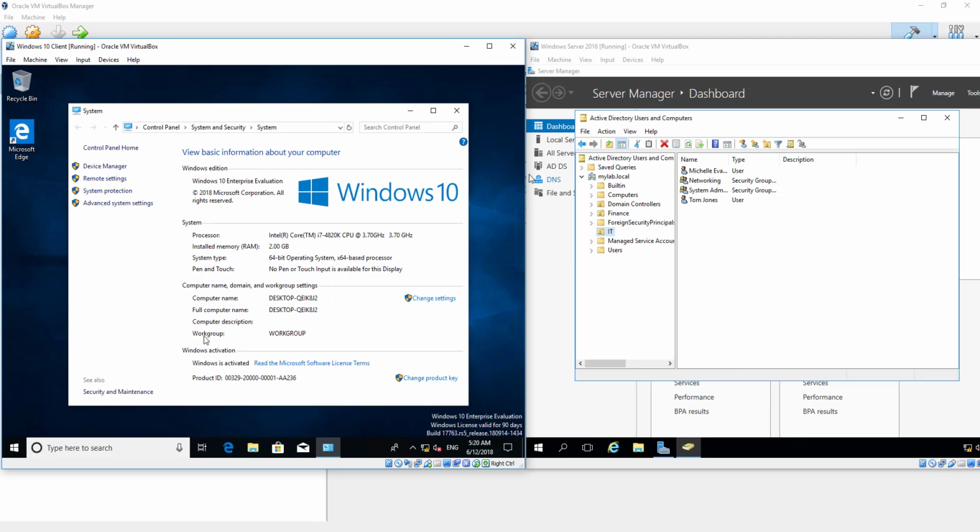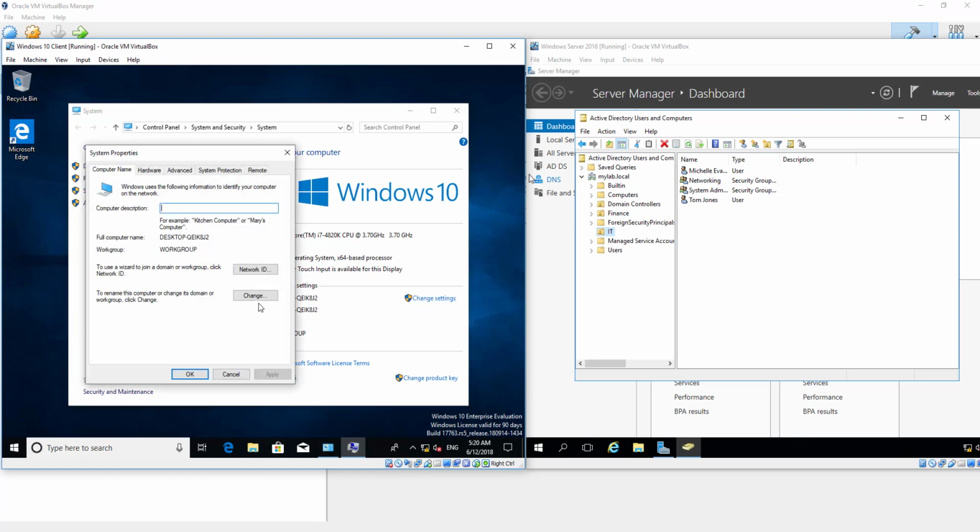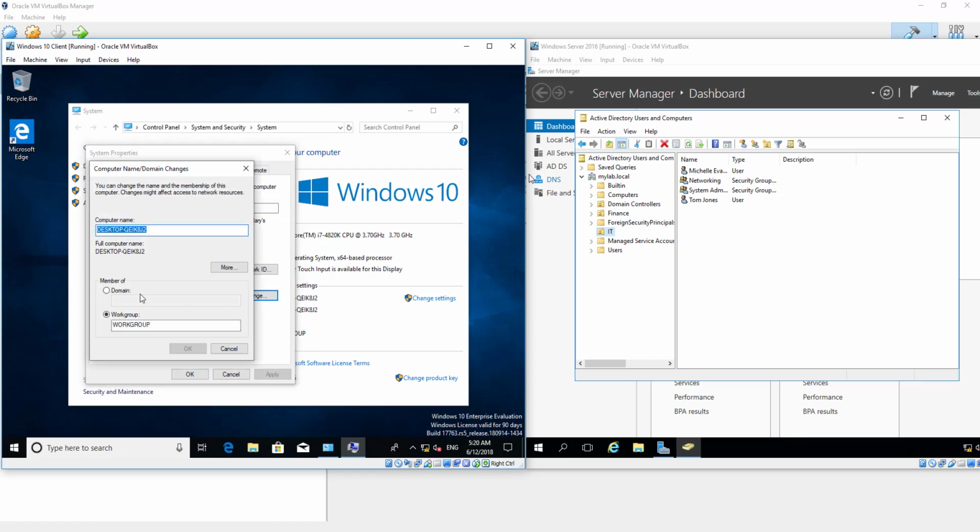By default the workgroup will be WORKGROUP, and I'm going to change that. To rename this computer or change its domain or workgroup, click change. So you then click change here, and I want to make this a member of a domain, so I'm going to click domain, and make it a member of mylab.local,